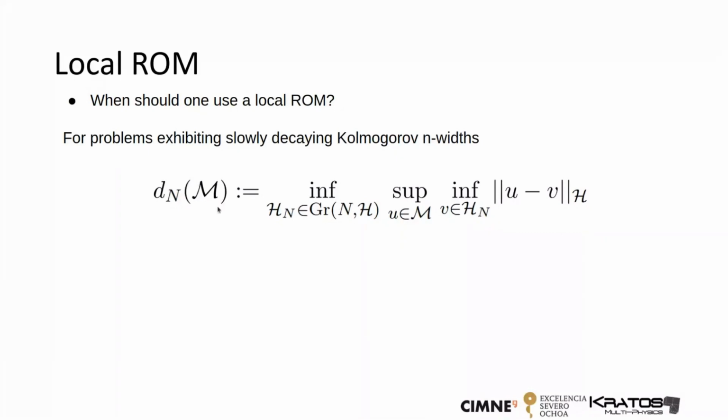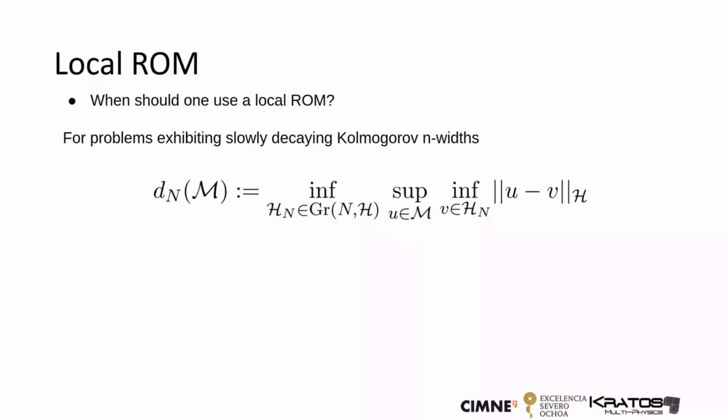So this quantity depends, of course, on the problem, on the manifold. And if it's large, and if by increasing n it doesn't decrease very fast, it means basically that our problem is not reducible. So what we need to do in these cases, local ROM is not the answer, but one of the alternatives. Of course, you can go fully non-intrusive. You can do some interpolations. You can do even nonlinear methods, like the autoencoders, for example.